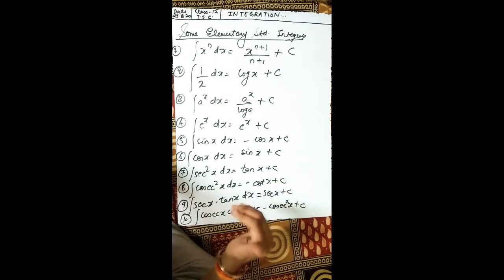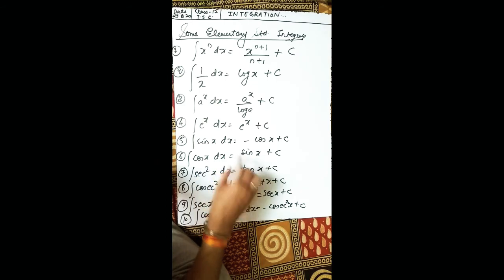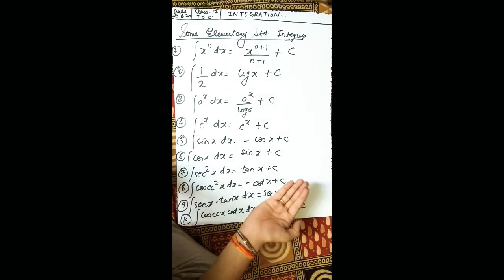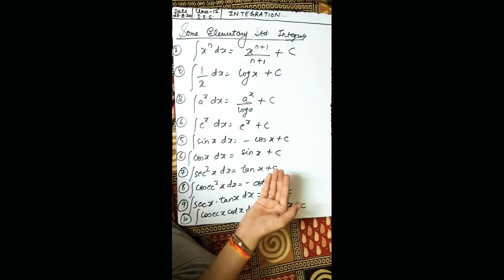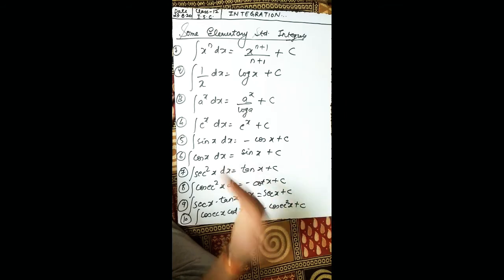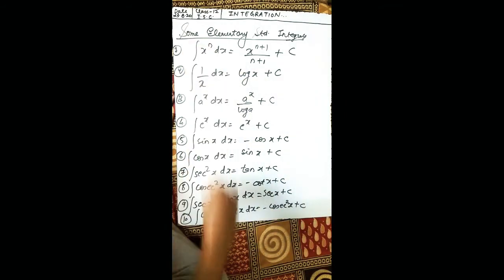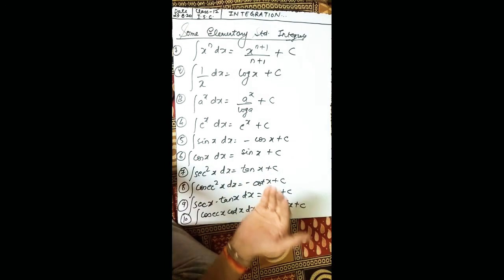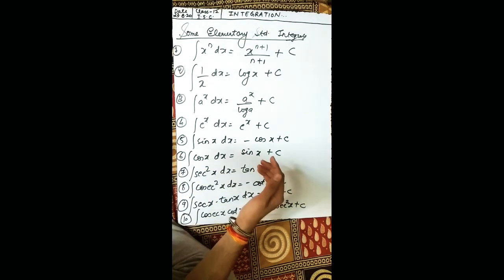Now you would be thinking, what will be the integration of tan x? What will be the integration of sec x, cosec x, cot x? That we will see in the trigonometric part, when we solve the integration of trigonometry. But still you need to remember these formulas for doing the first exercise. Now we are going to take the first exercise after this.